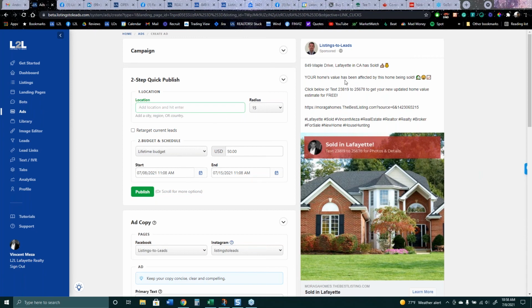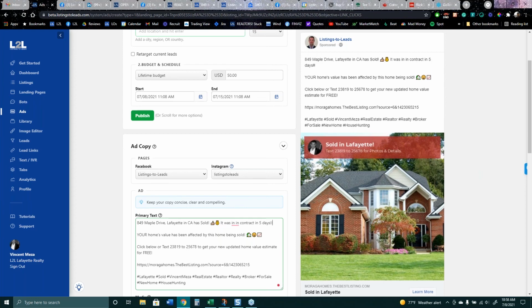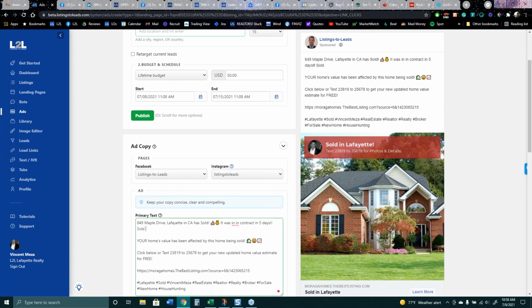So over here, we just got some generic information, right? That property is sold. You could also say, it was in contract in 5 days, whatever the real number is, right? Sold, 40K above asking. These are common occurrences right now, and it's weird that agents don't think that they should be telling this story. You should be shouting that story,